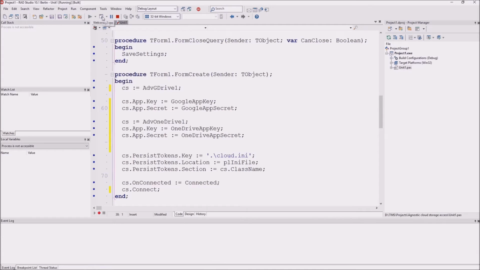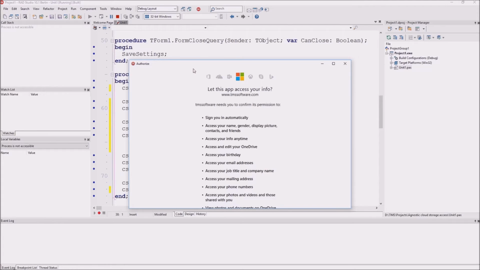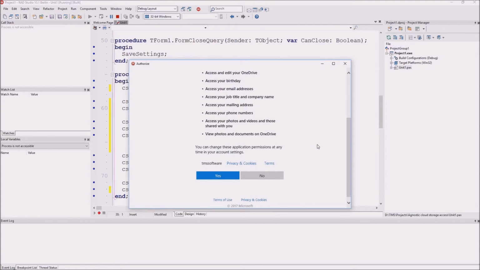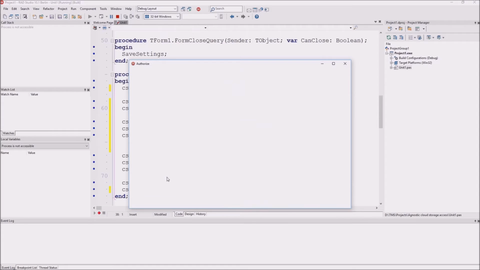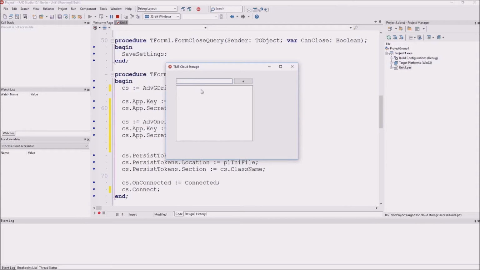I start up this application, and of course the first thing that will happen is the authentication and authorization for OneDrive, as I had not authenticated and authorized before. Here you can see that it requests access to files on my OneDrive account, and I agree with this. I say yes. And then this closes and starts up with an empty list, which is expected as my app settings folder is still empty. So let's add some data in this list,